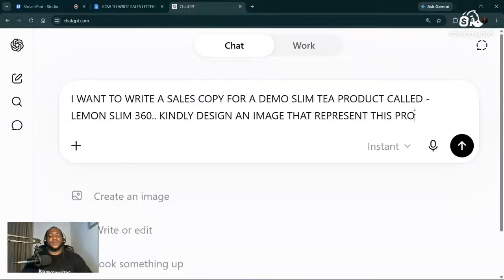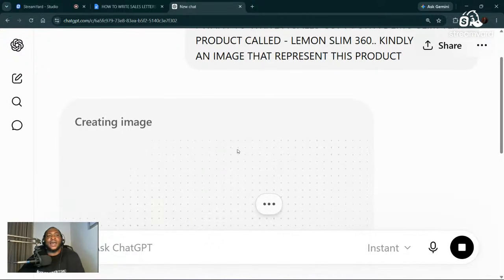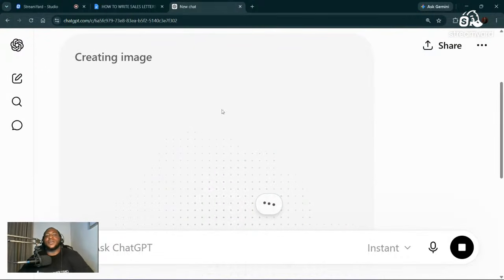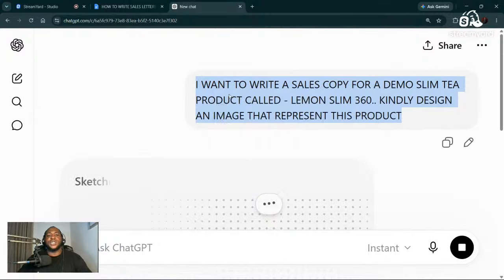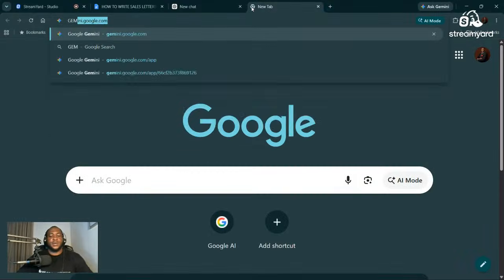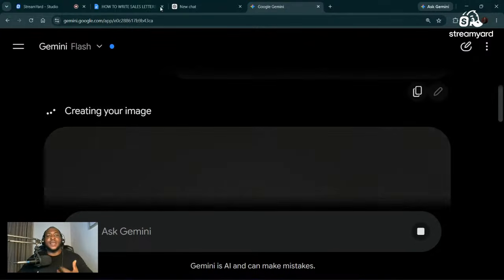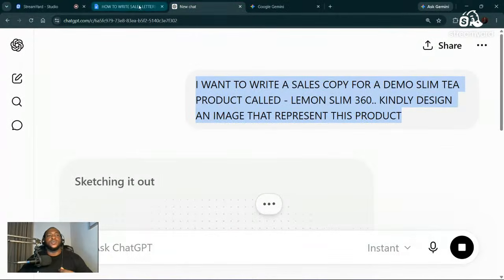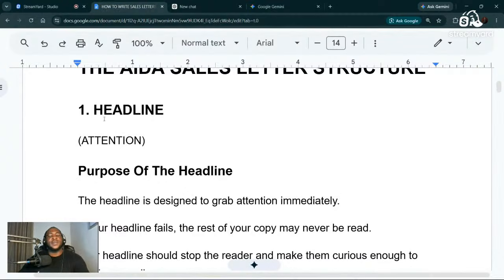So now we just want to have a graphical representation of it. We are not using AI to design anything else. While AI is trying to give us a prototype, or if it misbehaves, we can just use Gemini. So let me also go to Gemini and give it this. We are going to be writing it one by one, as we are learning. We are not just going to write the full copy. So now you can see the product, right? The first thing you need to understand is you need to write a headline.